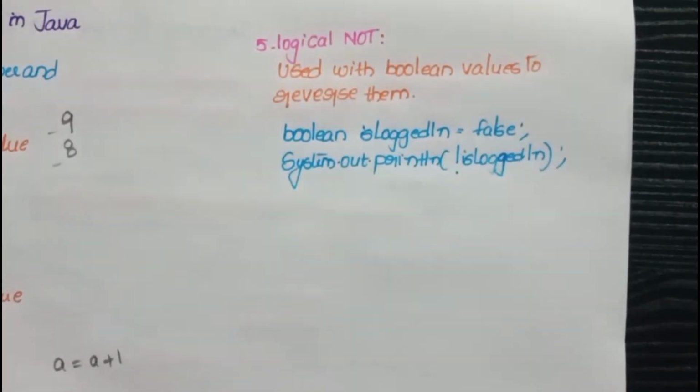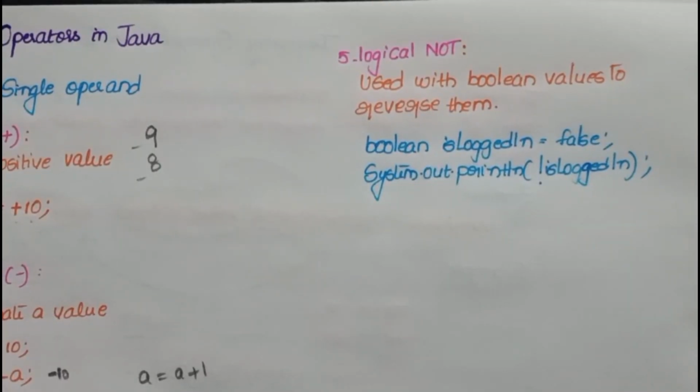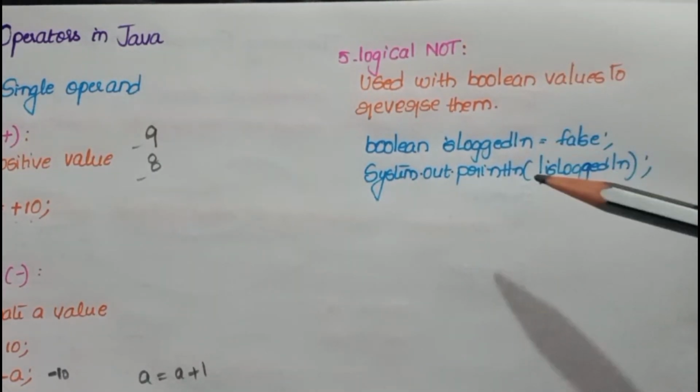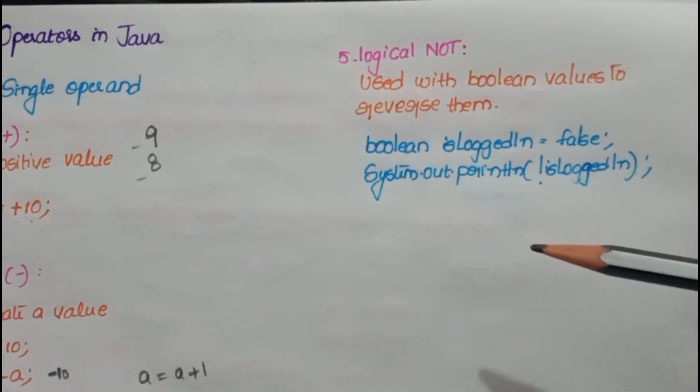Final operator among unary operators is logical NOT. We have seen two logical operators in the previous video, logical AND and logical OR. I could have explained this operator there also, but since it operates on a single operand, I have placed it